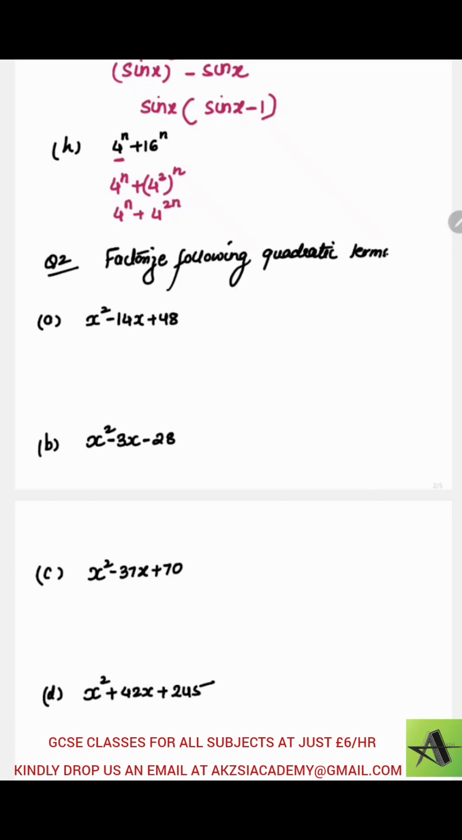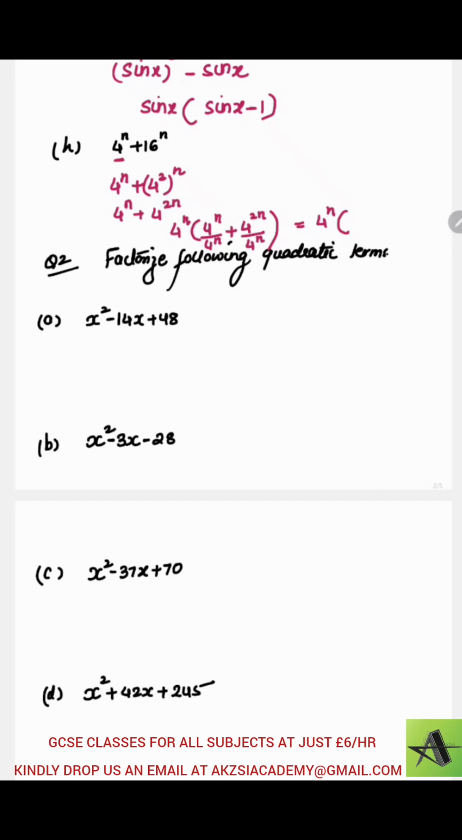Obviously, out of n and 2n, the smaller power is n. So that I can take out as common. So 4 to the power of n can be taken out as common. Remaining is 4 to the power of n over 4 to the power of n. Whatever you are taking out as common, you have to divide it. Plus 4 to the power of 2n over 4 to the power of n. So this would be 4 to the power of n inside the bracket, 4 to the power of n over 4 to the power of n is 1 plus,